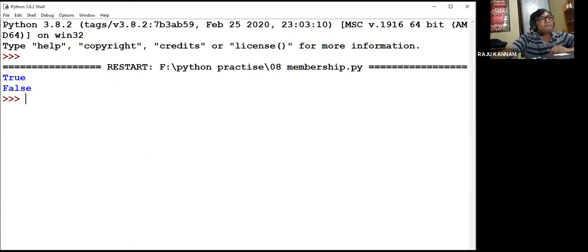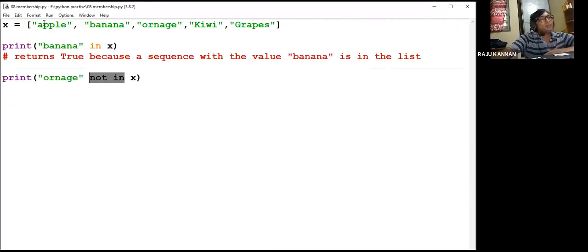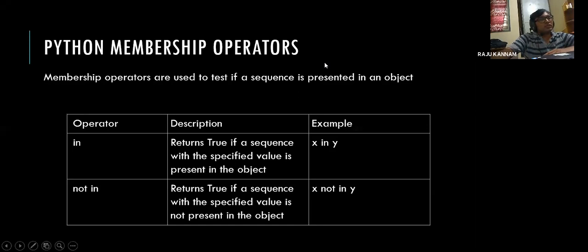Yes. So now let us go back to the program, and of course if you want, you can try this in multiple ways. Again, go back to the presentation. So here, this is about the membership operator. The membership operator is used to check whether the given element is present in the list or not. So then, bitwise operators.